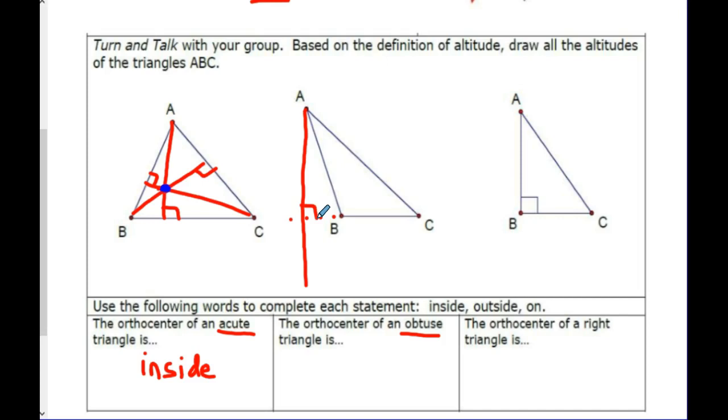You don't have to, but now, same thing with C, okay? I have to extend this line and make a right angle, a little nicer than that. Oh my gosh. Sorry, it's a rough sketch. And then, last but not least,